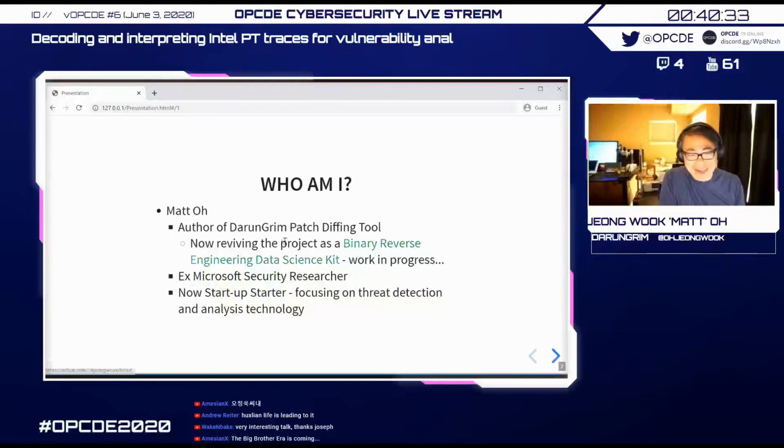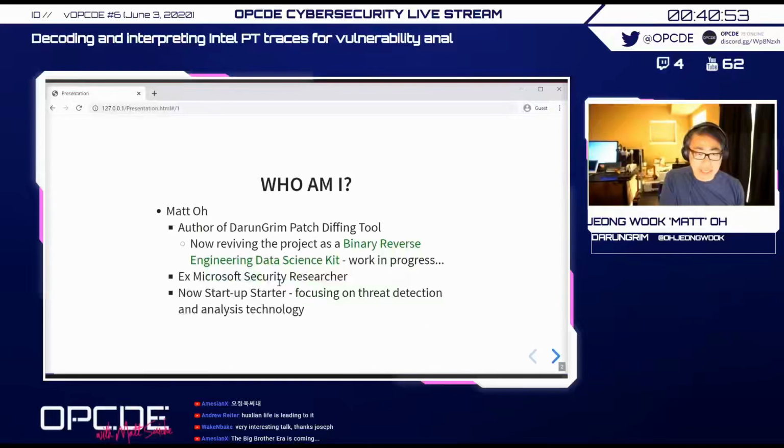But now I'm out of Microsoft and I'm trying to revive the framework as more of a data science kit that you can work with. You can use Jupyter notebooks to load binary data, and maybe perform some statistical analysis. It's still a work in progress. And as I said, I worked for Microsoft for 10 years, and I worked as a defender,